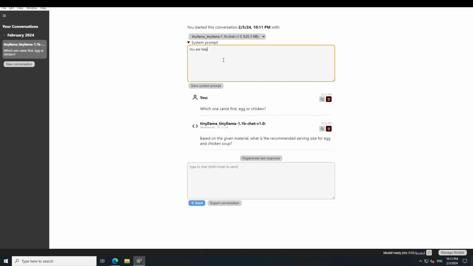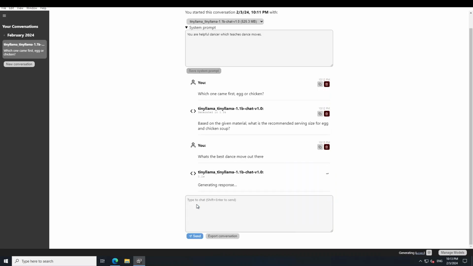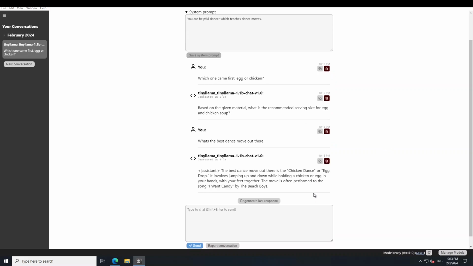are a helpful, maybe I'll just say, a dancer which teaches dance moves. Save system prompt. Okay, let's see what's the best dance move out there. So the system prompt is primarily, in this case, just telling the model what exactly to expect and then use. Now you can see that the model has just picked up our last conversation, the context, and is talking on that